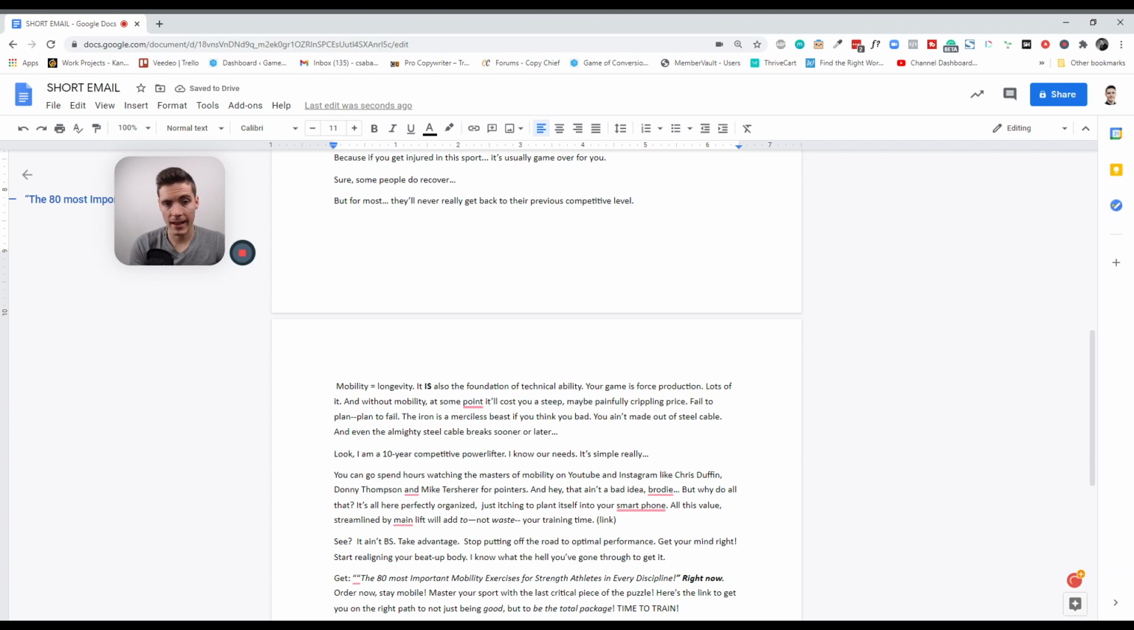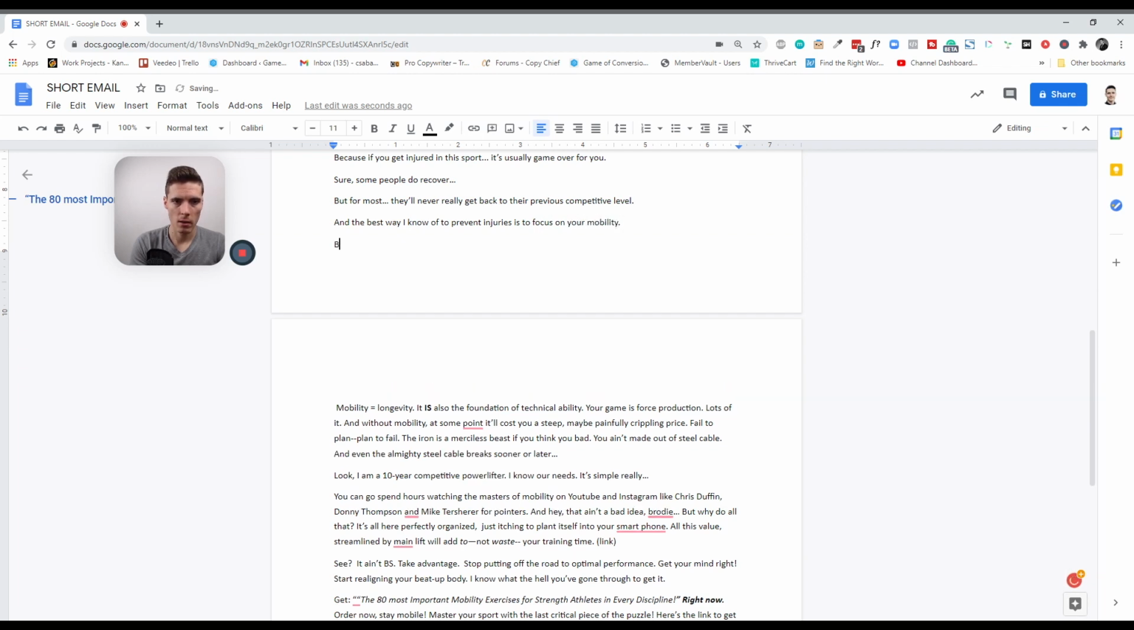And then let's connect it with mobility. So we can say something like this: the best way I know of to prevent injuries is to focus on your mobility, because mobility equals longevity. And now we connected it with this idea here, because mobility equals longevity,